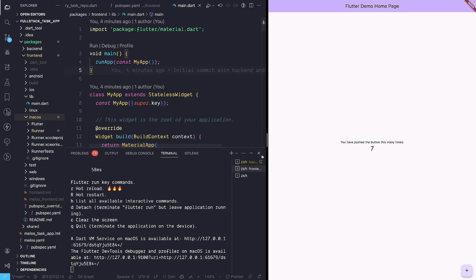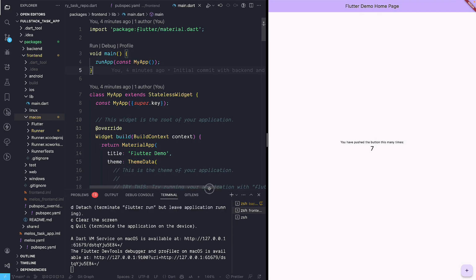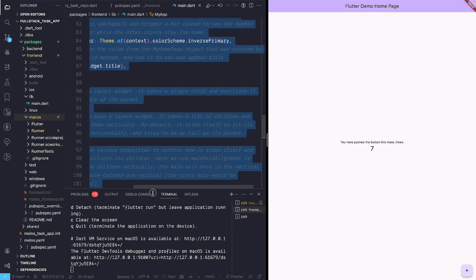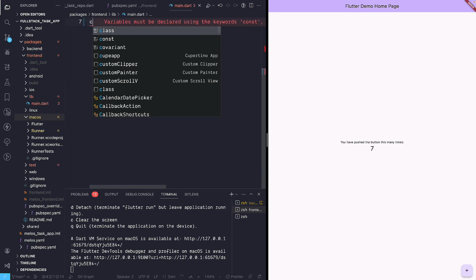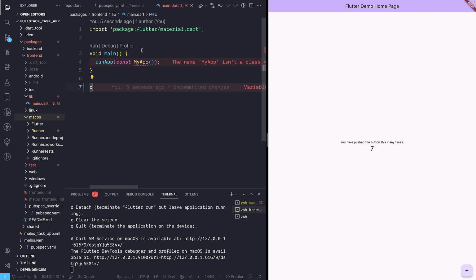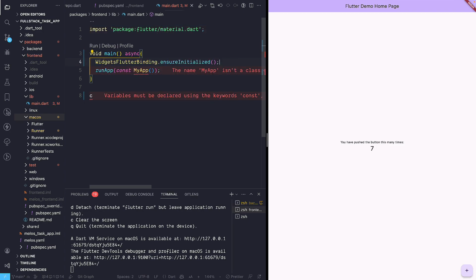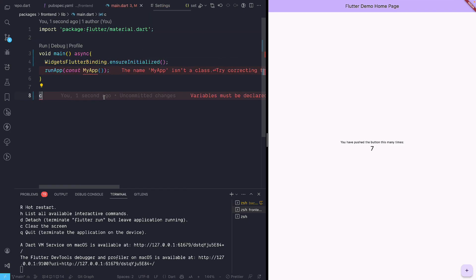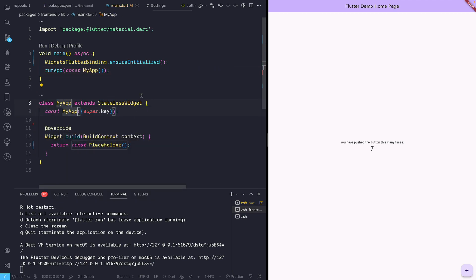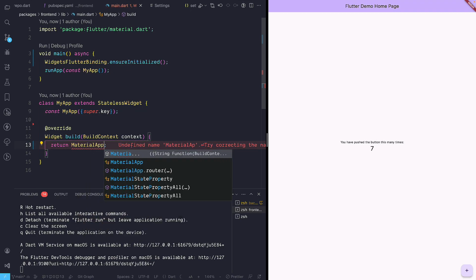Now let's make a few changes in this code, or we can also write this code from scratch. What do you think? Let's write it from scratch. That's always better. Okay, so we have my app. Basically we can just say async, widget flutter binding dot ensure initialized, and here guys I'll create a stateless widget. I'm not going to explain what exactly is happening, because it's very simple if you don't know how to make Flutter applications. The first priority should be to learn that. Return material app,